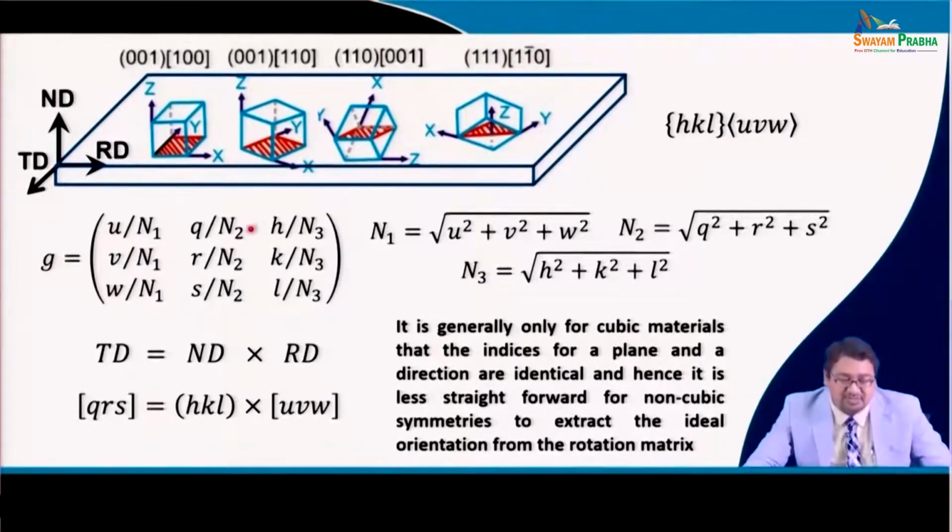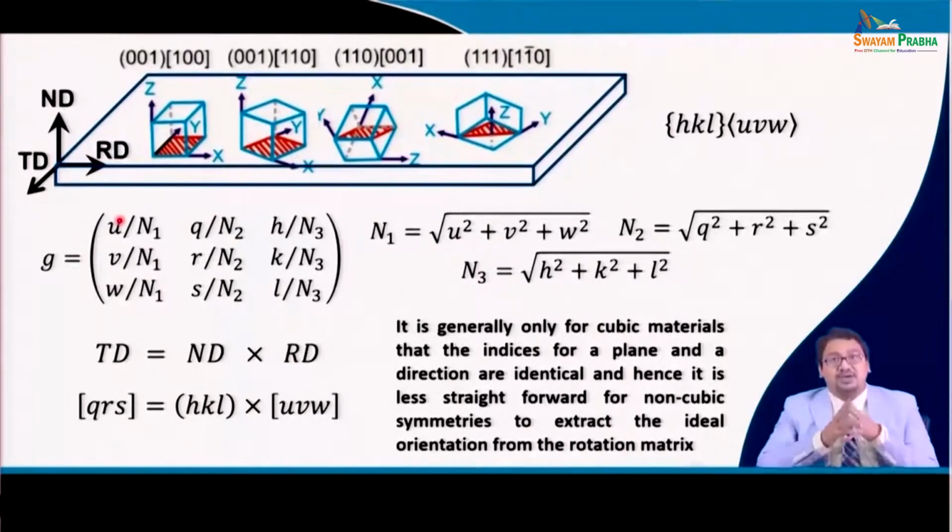because as I said, G, which is cos alpha 1, cos beta 1, cos gamma 1, is the relationship between 100 with R d, T d and N d, and like that 010 with R d, T d and N d, 001 with R d, T d and N d. The G matrix can be written in terms of U, V and W divided by N 1, where N 1 is basically root of U square plus V square plus W square, and this U, V and W is basically the